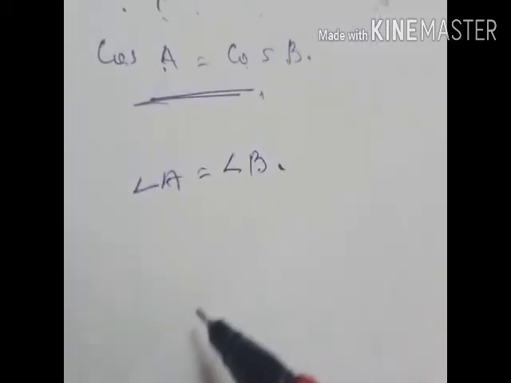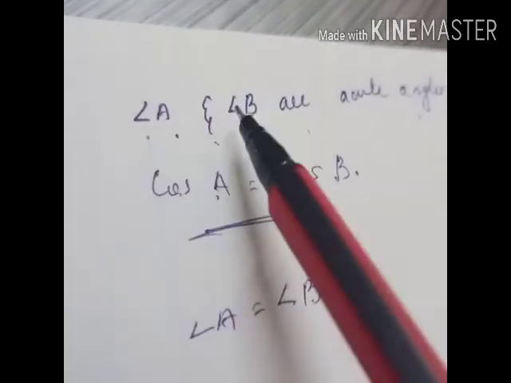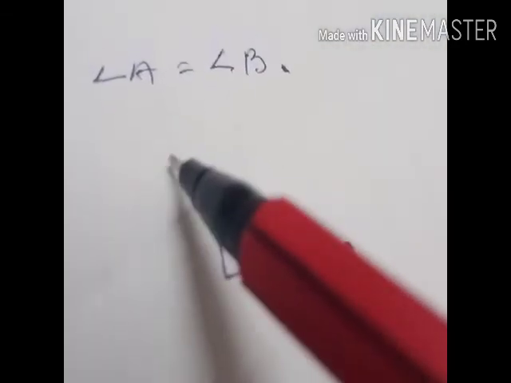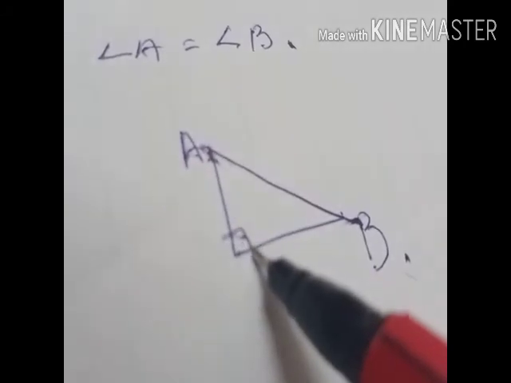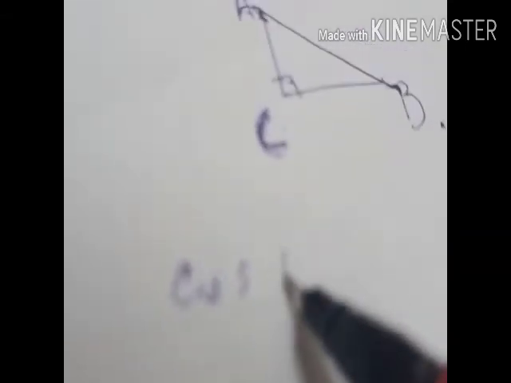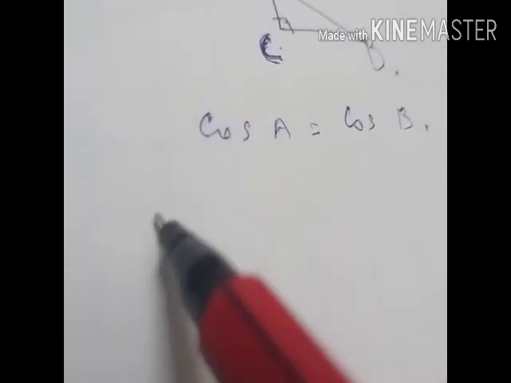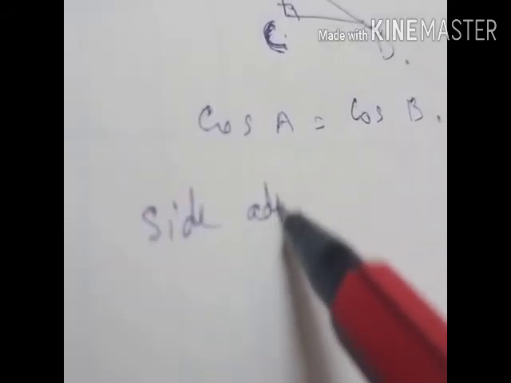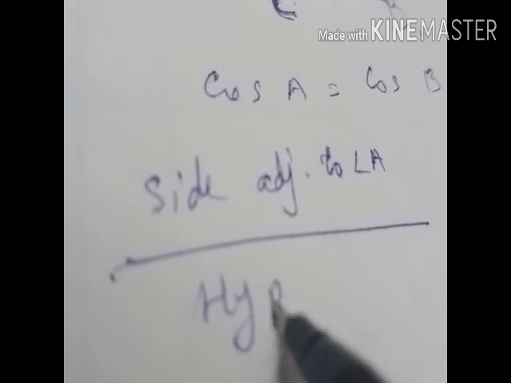So here we have to draw a right triangle first. But in the question it is given that angle A and angle B are acute angles, so A and B we should mark as acute angles. So here C is the right angle. Now here it is given that cos A equal cos B. What is meant by cos A? Side adjacent to angle A by hypotenuse